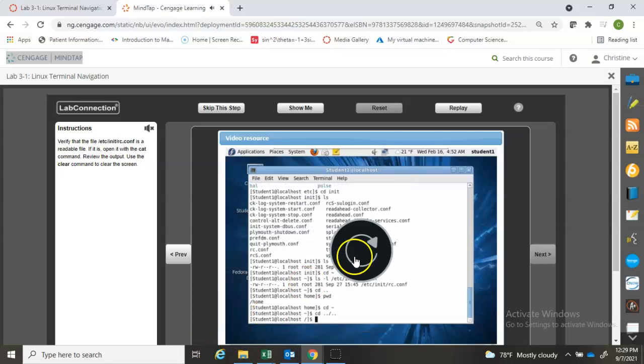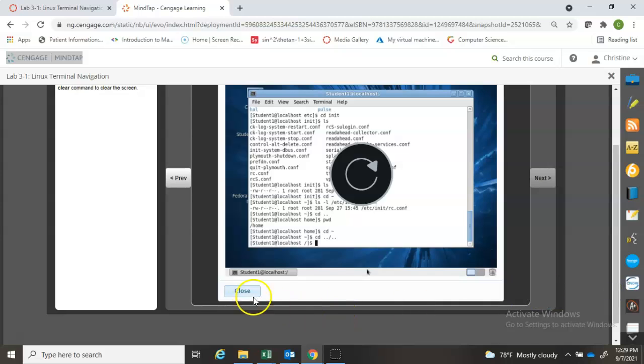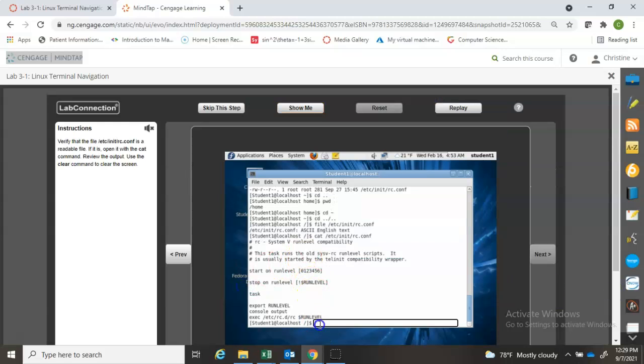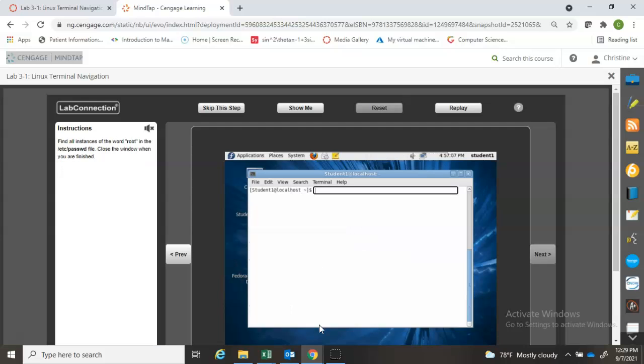All right, next we're going to clear the screen. Oh, and do that part. I don't see where you use clear, so I'm going to go down and close and clear. That'll take me into the next exercise where we're going to find all instances of the word root in the